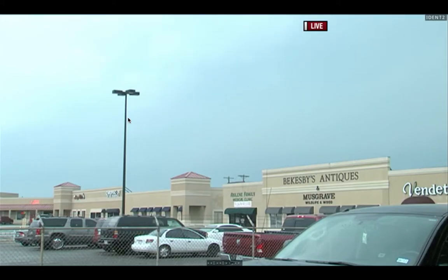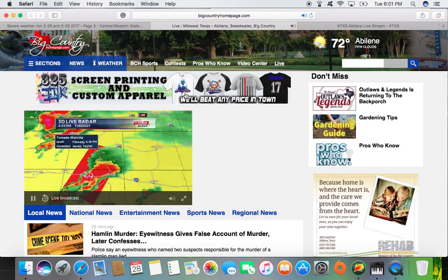If you are anywhere north and west of Abilene, or in Abilene for that matter, you've been hearing a whole lot of thunder and lightning, getting some wind as well. But the tornado threat, at least in the short term here, is looking a little bit lower. And this is also indicated by, if we can jump back to radar here real quickly, you'll notice here in about the last hour,